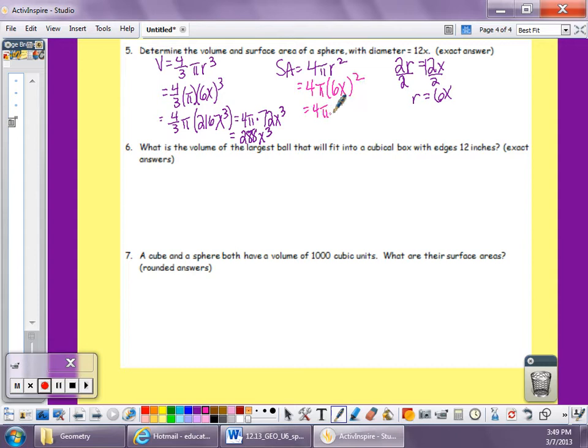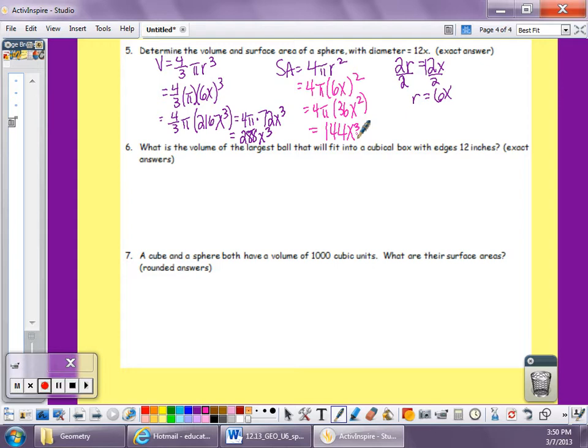This gives me 4 pi times 36x squared. Remember, x squared means 6x times 6x. Over here, 6x cubed means 6x times 6x times 6x, and that's why this is 216x cubed. So then this equals 144x cubed. And the next one, what is the volume of the largest ball that will fit into a cubical